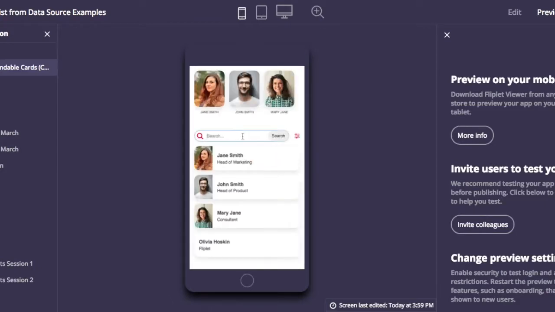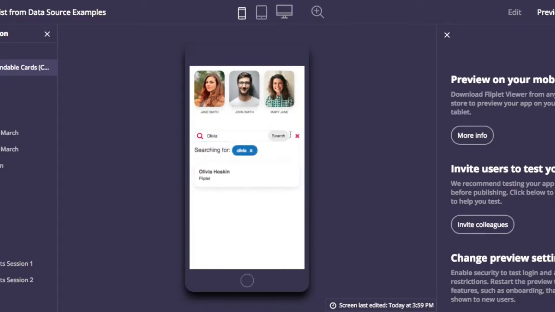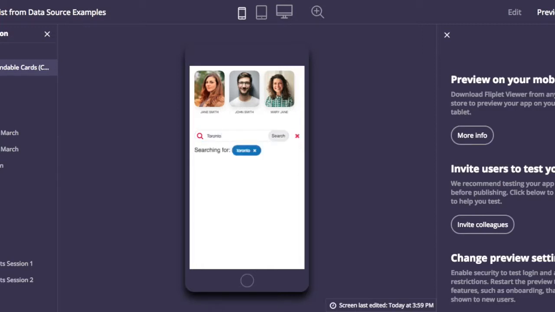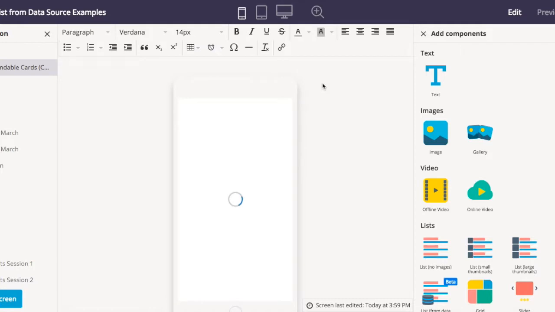So right now we can search by first name. So I'll search for myself and I pop up right there. To exit that option, I'm going to backspace out to the entire list and I'm going to search for Toronto. Right now that doesn't come up because it's not a first name, last name, or title. So if we want to search by location, we have to go back here